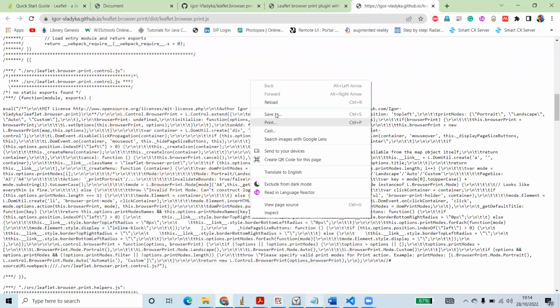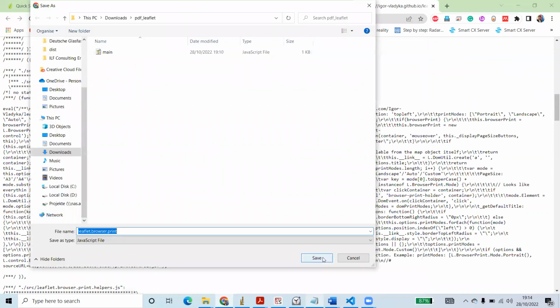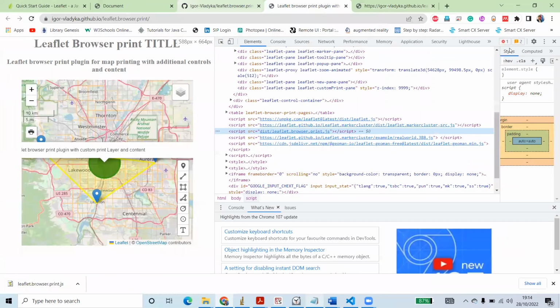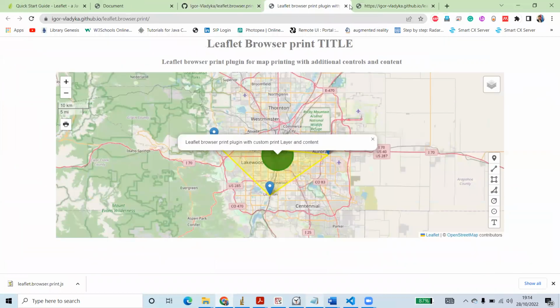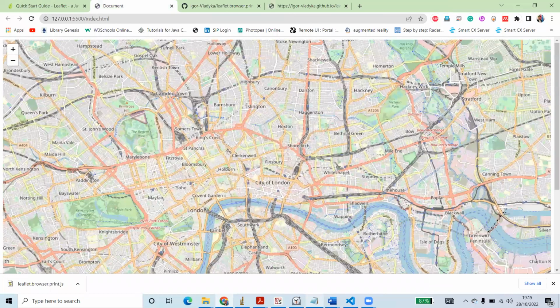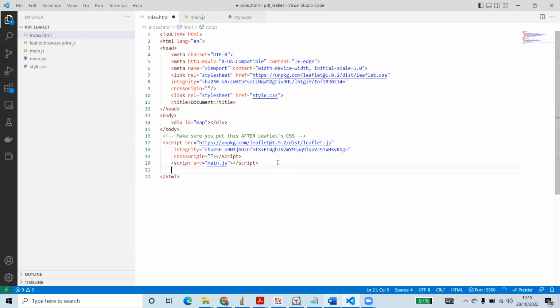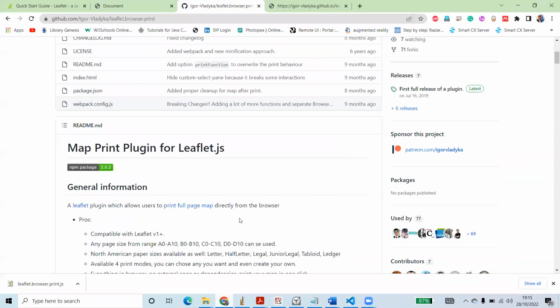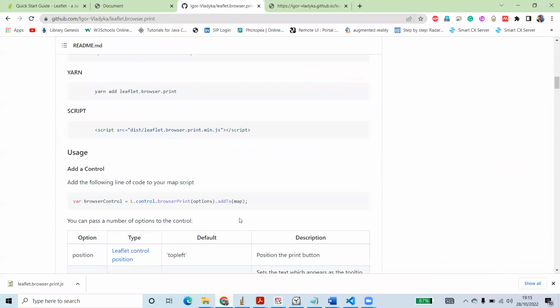I'm again saving it, and JavaScript, okay, so it is saved. And what I need to do is close this and go back here, and in here I'm going to add a new script file. This one is leaflet.browser.print.js, and save it. But after saving it, we have to use it